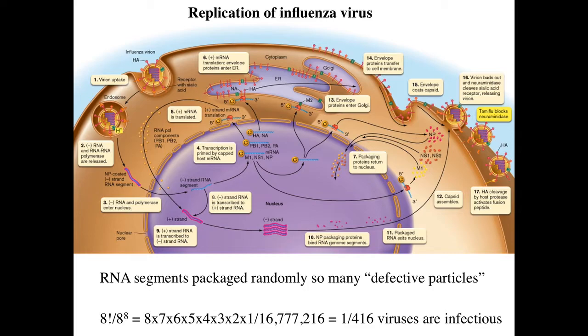So here in the center, these tan-colored spheres with a C in them, C standing for cap. These are the host caps snatched from messenger RNA by one of the subunits, the PB2 subunit. So now some of these positive strand copies, partial copies, will now be transported into the cytoplasm, where they can be translated into proteins such as the PB1, PB2, PA. Some of these messenger RNAs are going to be